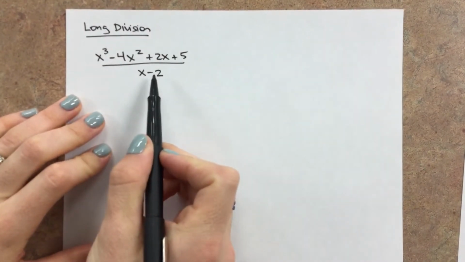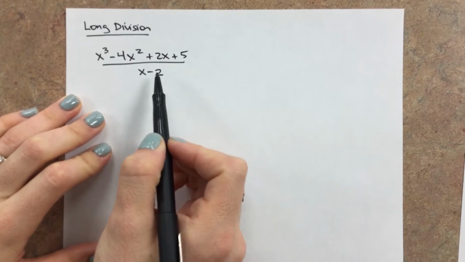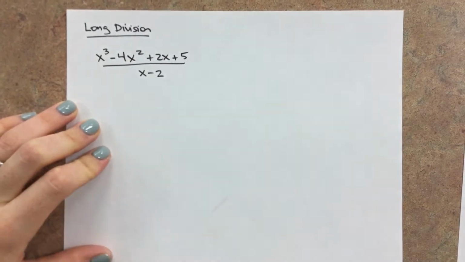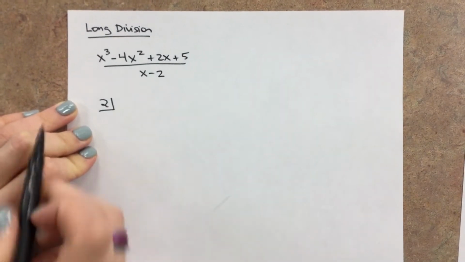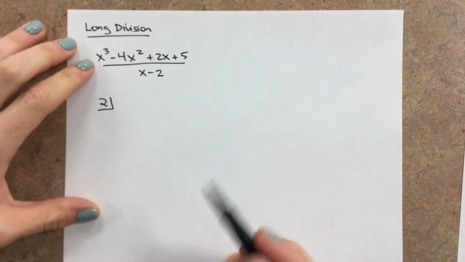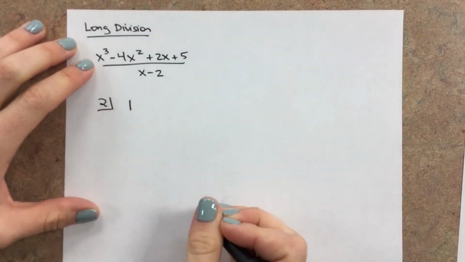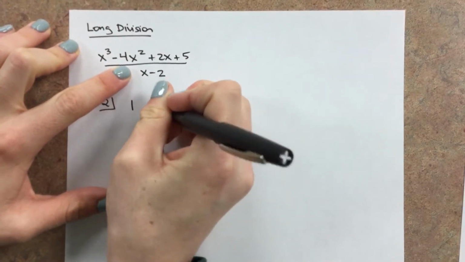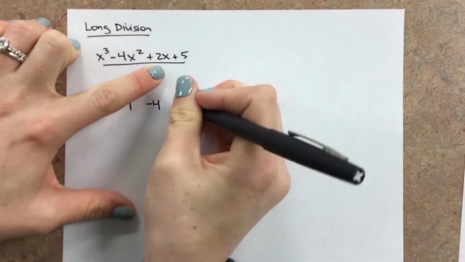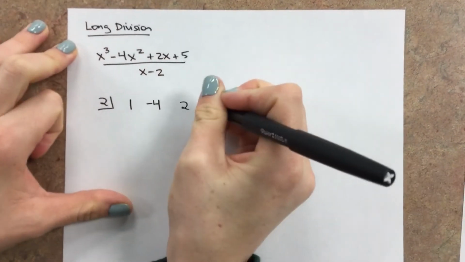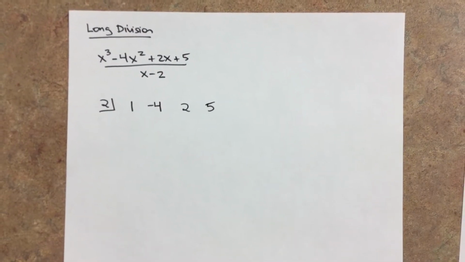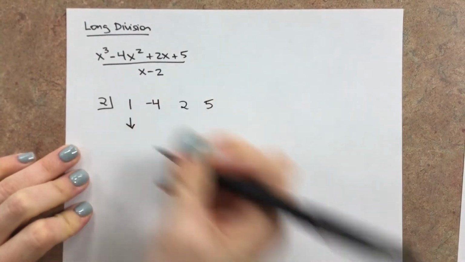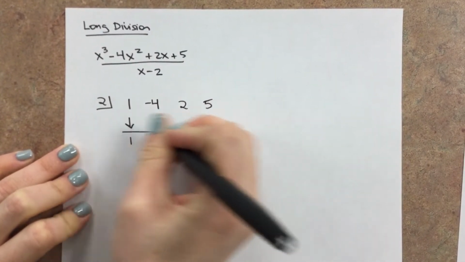So if it's linear, what you can do is you take this x minus 2, and because it's a minus 2, you put a positive 2 in this little box right here, and then you line up all these coefficients. So the x cubed is a 1x cubed, this is a negative 4x squared, this is a 2x, and then this is a 5. So you just line up all those coefficients, and I'm sure this process will look familiar as I do it. The 1 just kind of moves down to the bottom like this,